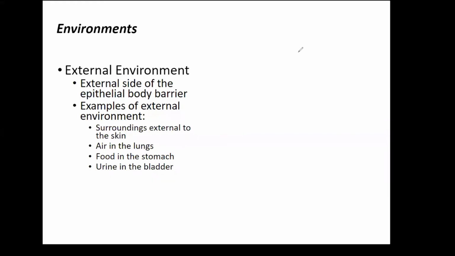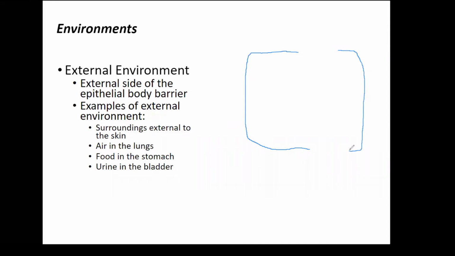Okay, so when we have the external environment, we're thinking about this epithelial layer. So we have our skin here, which was the outside of the tube. So I'm drawing the epithelial layer. But that epithelial layer, that border of the external environment, also coats the inside of the lungs. So when air comes into your body, that air that comes into the lungs is continuous with the external environment. So it's going to have all the same components in roughly the same concentration as the air outside your body. So that's still an external environment.